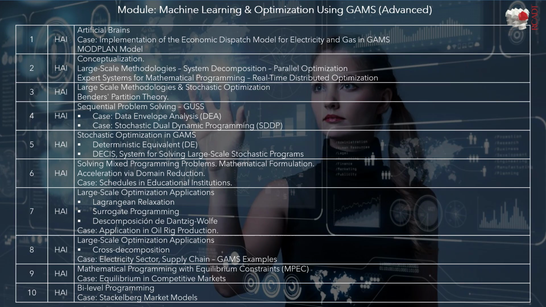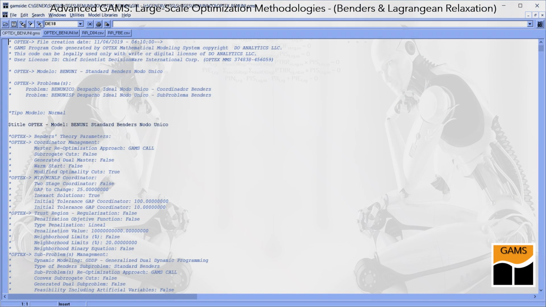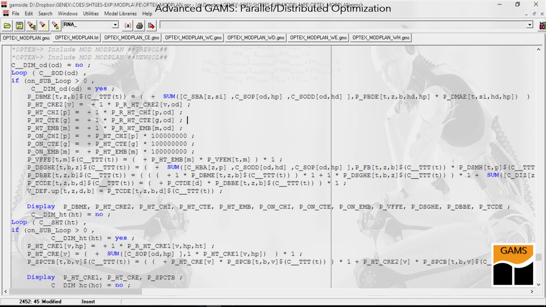The table presents the topic plan for the advanced course. This module focuses on teaching problem solving using parallel optimization, which is the state-of-the-art of optimization, according to computer technologies, that concentrates on generalized parallel processing. High is convinced that monolithic modeling is a thing of the past. Parallel optimization is supported by large-scale optimization methodologies.